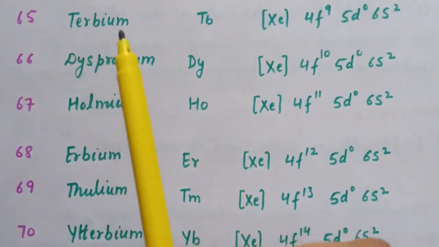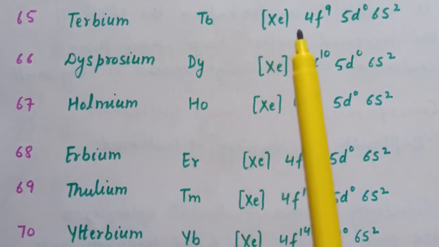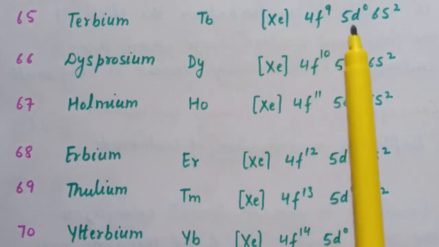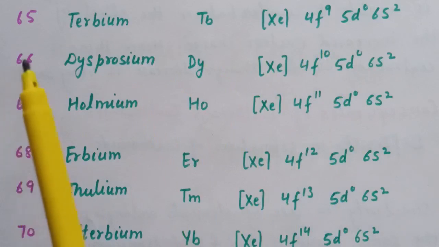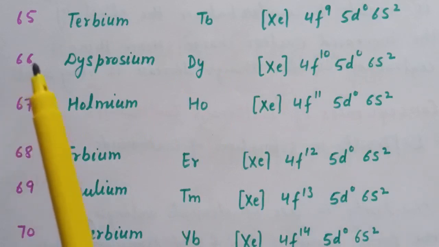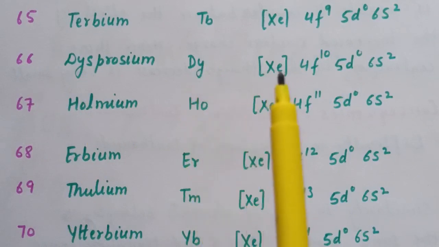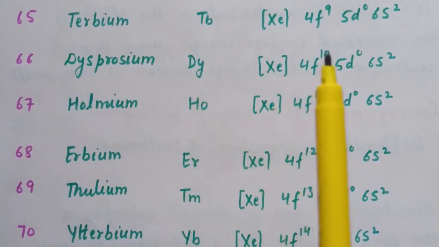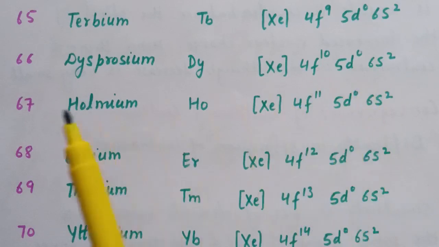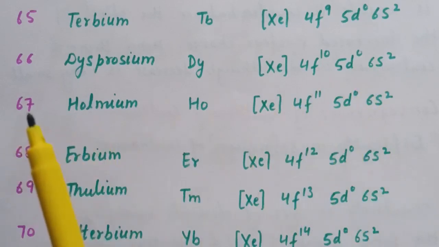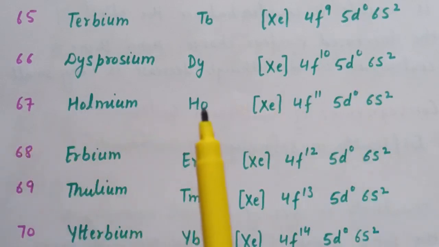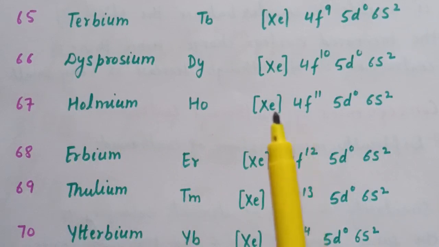Next element is terbium, the symbol is Tb, and the electronic configuration is xenon 4f9 5d0 6s2. Next element is atomic number 66, that is dysprosium, the symbol is Dy, and the electronic configuration is xenon 4f10 5d0 6s2. Next element with atomic number 67 is holmium, the symbol is Ho, and the electronic configuration is xenon